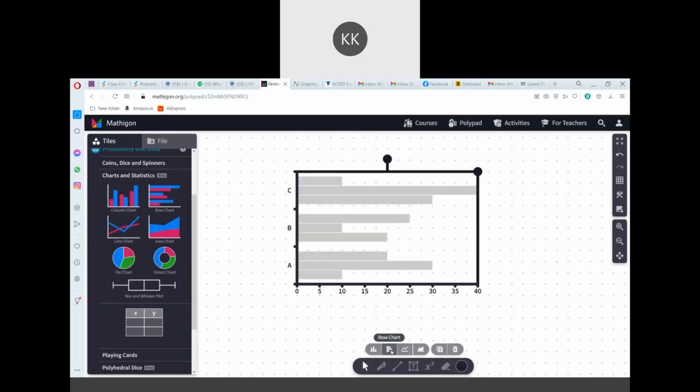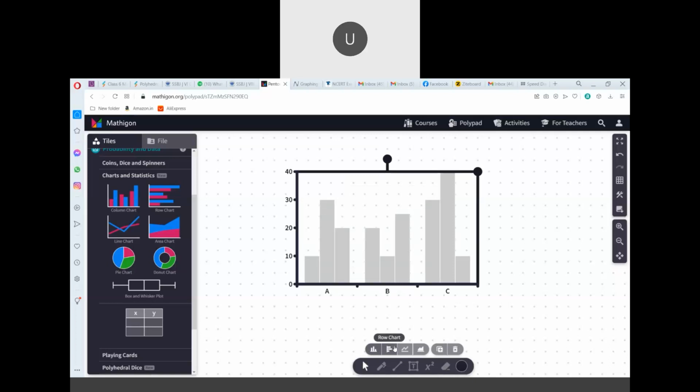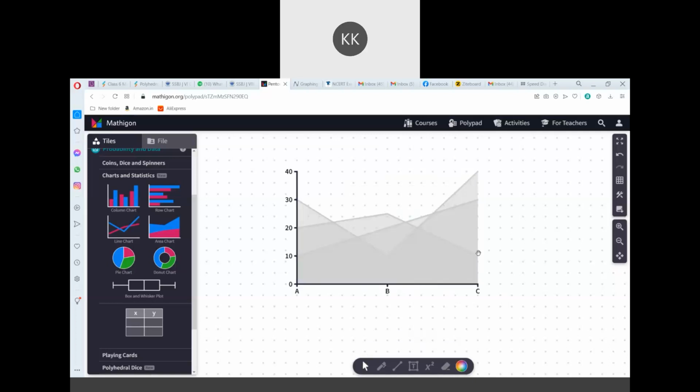The same data can be represented as a horizontal bar graph. This is a bar graph. You can see that there is a polygon formed. It is called a frequency polygon.